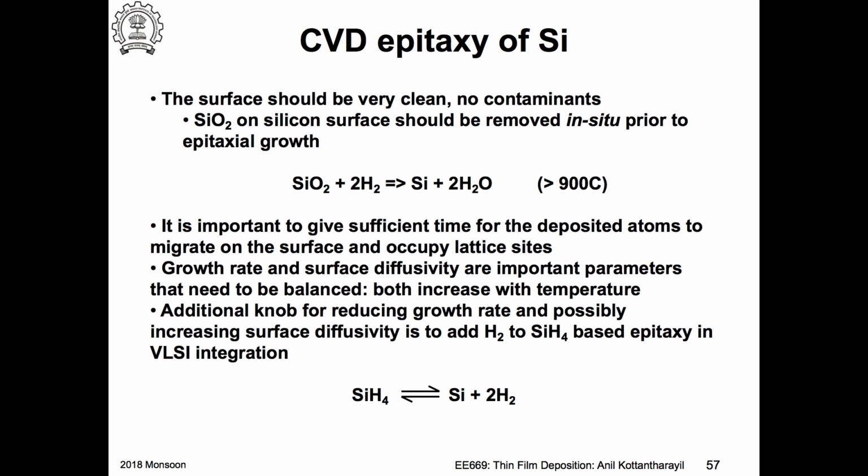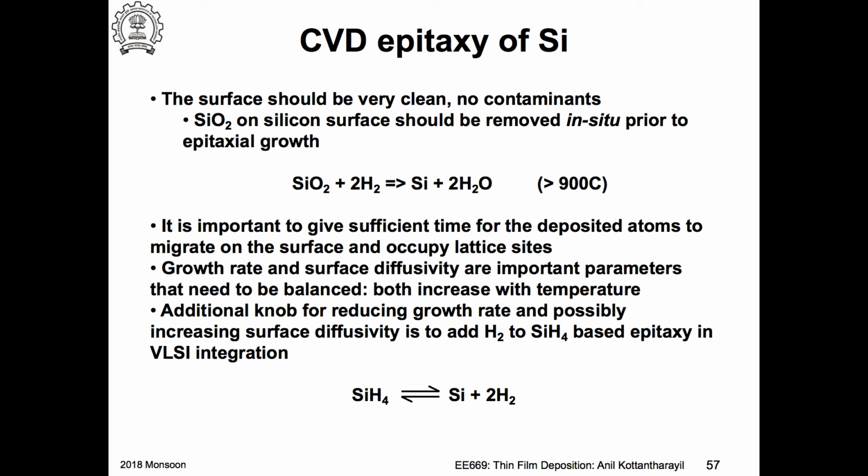But we have seen that if you take silicon and just expose it to atmosphere, a thin native oxide will naturally grow on the surface. So it is very important that we remove this oxide from the surface. Otherwise, you are going to grow defective silicon, or if there is a continuous layer, you are going to grow most likely a polycrystalline layer on top,